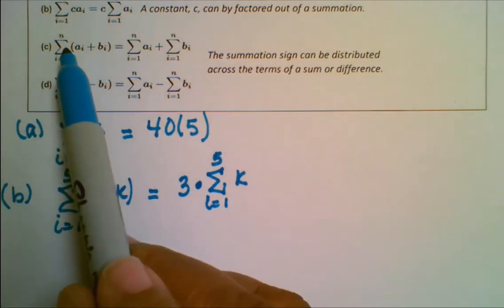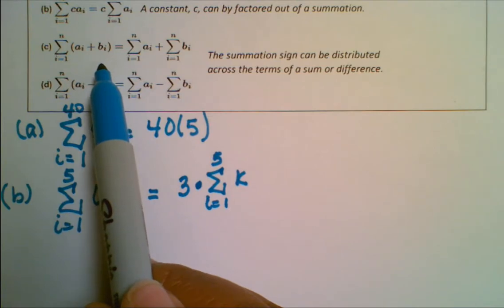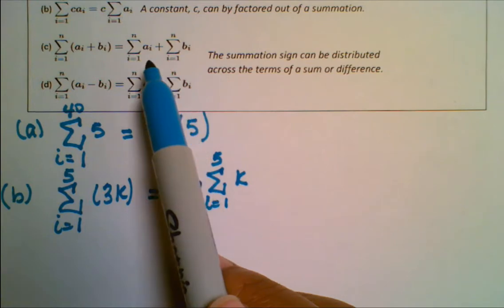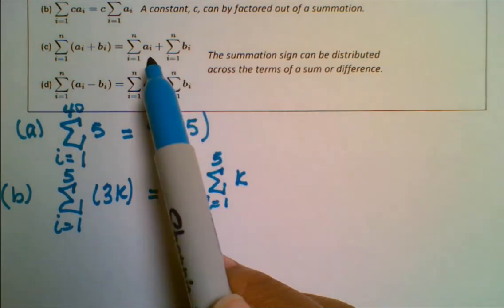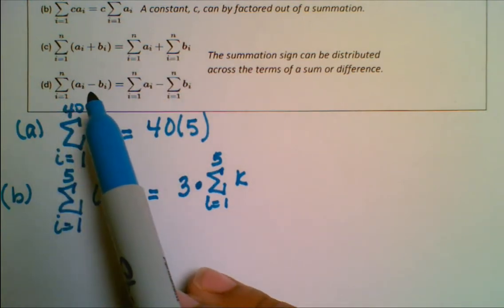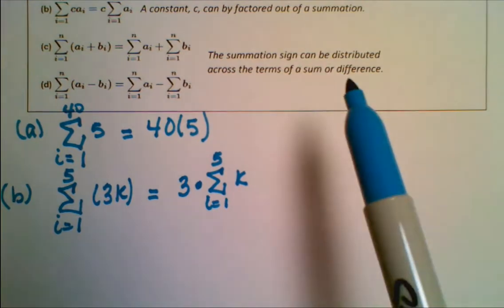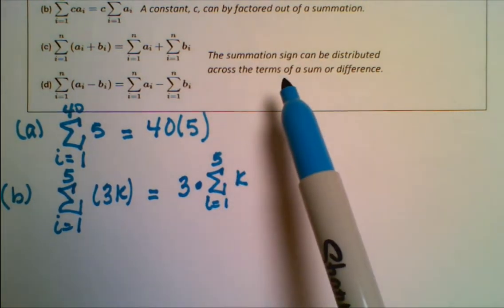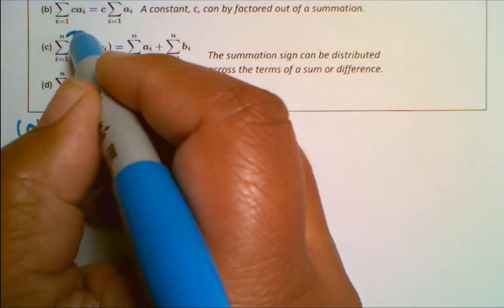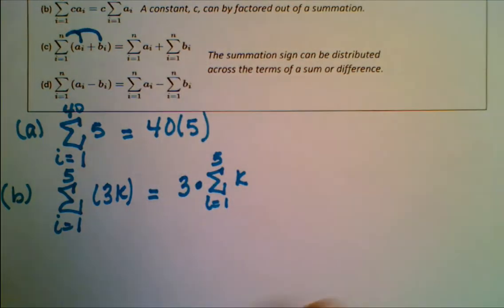It says here the summation of a sub i plus b sub i as i goes from 1 to n equals the sum of a sub i plus the sum of b sub i, and it also holds for minus. It says that the summation sign can be distributed across the terms of a sum or difference. So we're going to take that summation sign and distribute it. For example,